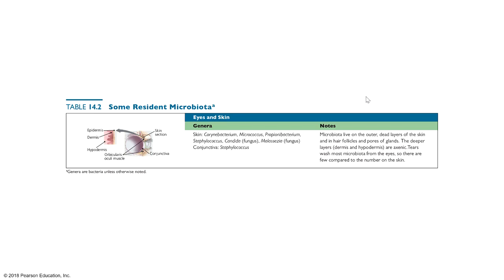So for instance here, and this isn't the greatest slide, right? If you take a look here at some resident microflora of skin and eyes. Well, there is Corynebacterium. That's a gram-positive rod. Coryne means club. When you look at them under a Gram stain, they have a club shape to them. Right? Here is good old Staphylococcus. Right? Staphylo means bunch of grapes.